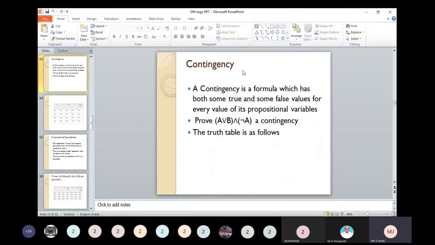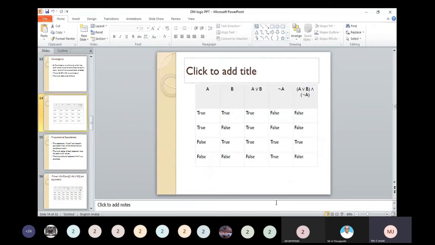Okay, next we'll see contingency. If both values occur in the final result column, the true or false values, that is, some true values and some false values exist, then we can say the given formula is a contingency. Now this is an example. See, in this table,